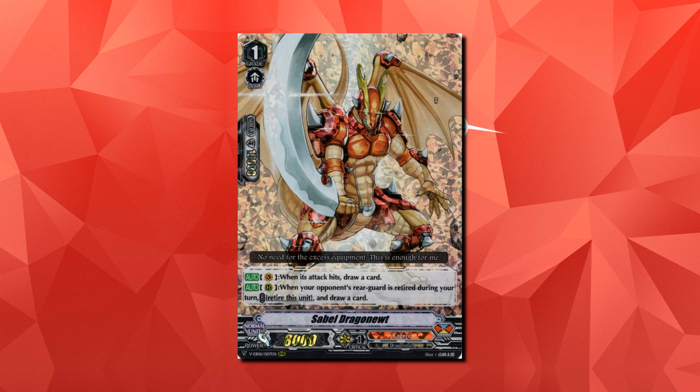When your opponent's rearguard is retired during your turn, you may retire him to draw a card. So literally like Little or Aldi Airmo, instead of the counter charge, it literally just gives you the draw. It's still nice. I mean, it's still a good card. Helps you fish for your pieces, helps you fish for the grades, like for any kind of piece you would need. So played in decks, you know, as a 4 of or as a 3 of in some decks,